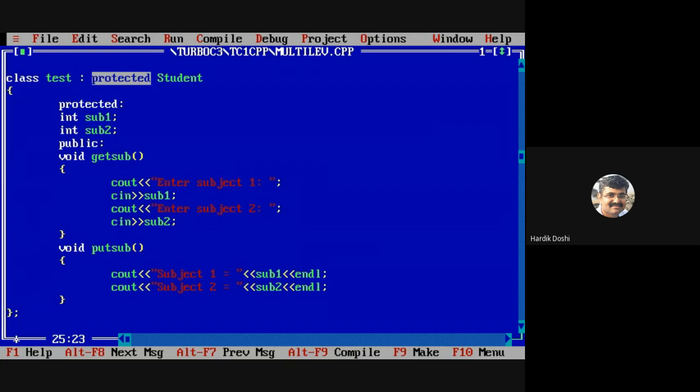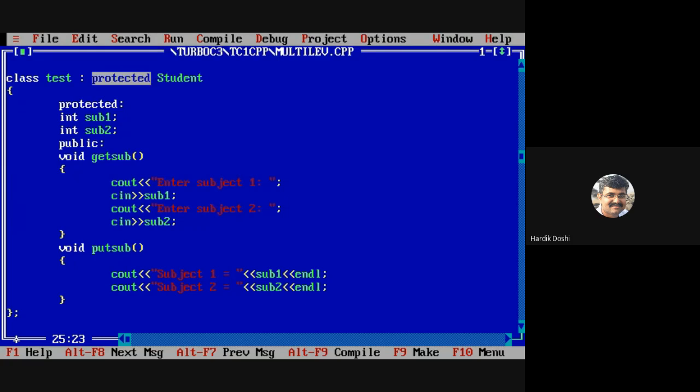Now, as I am saying, they all go to the protected section. So, what is the security of roll number? Protected. So, can it go into protected? Agree. What about put roll and get roll? Public. So, what is the security now? Protected. So, it increases. Do you agree with this? This is the reason why we were getting an error in the result class. Getting my point? Okay. Still, good.